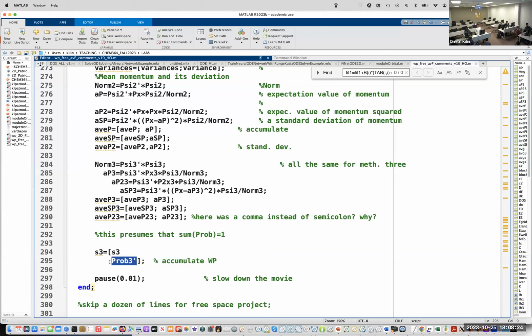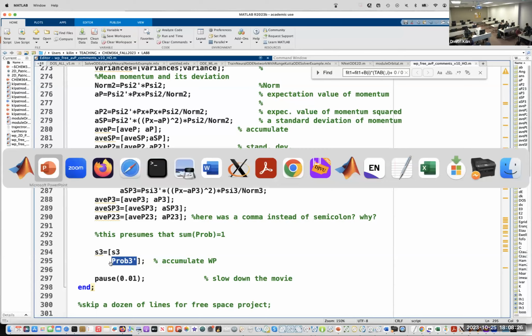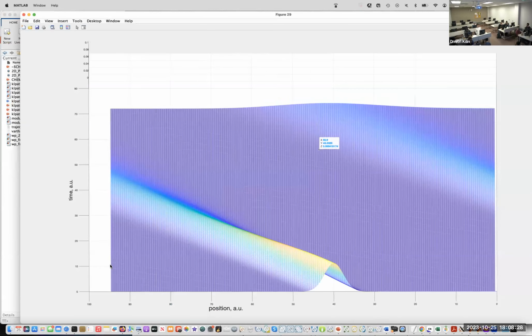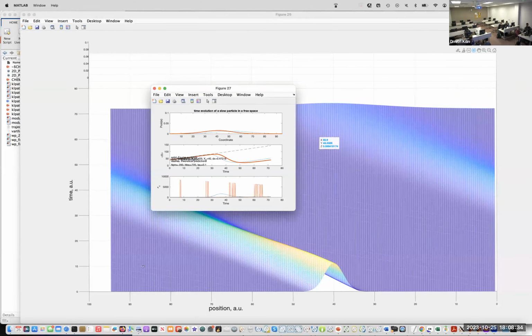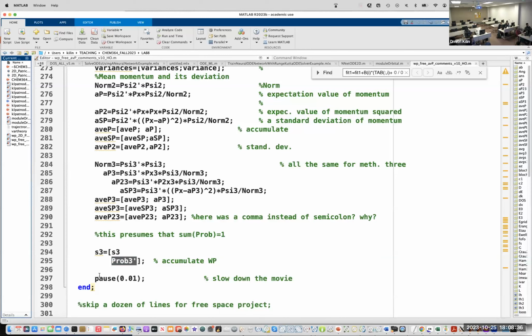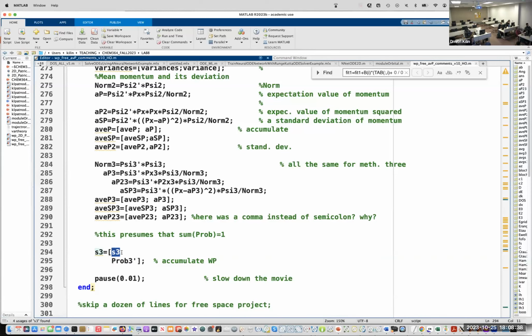And we do want to accumulate multiple instances of this probability distribution stacked one on top of each other. And we are doing it by taking the previous version of S3 variable, 3 probably for 3-dimensional, and then appending the row vector at the end. And then it brings this 2-dimensional matrix where the value corresponds to the height.